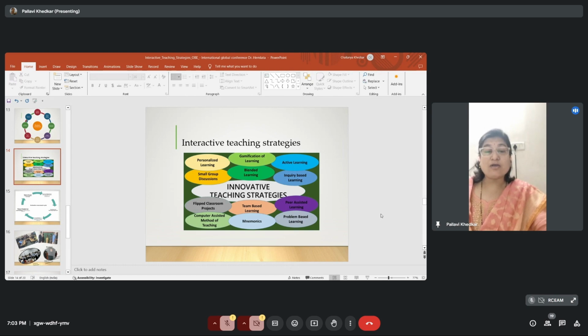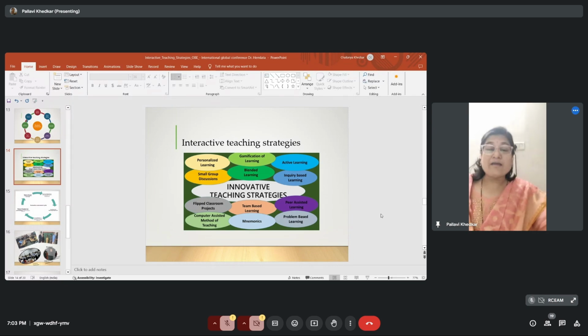For example, jigsaw, think and pair, bus classroom, and the fish pond method. Many other techniques can be used in interactive teaching strategies in the class as well as with the help of